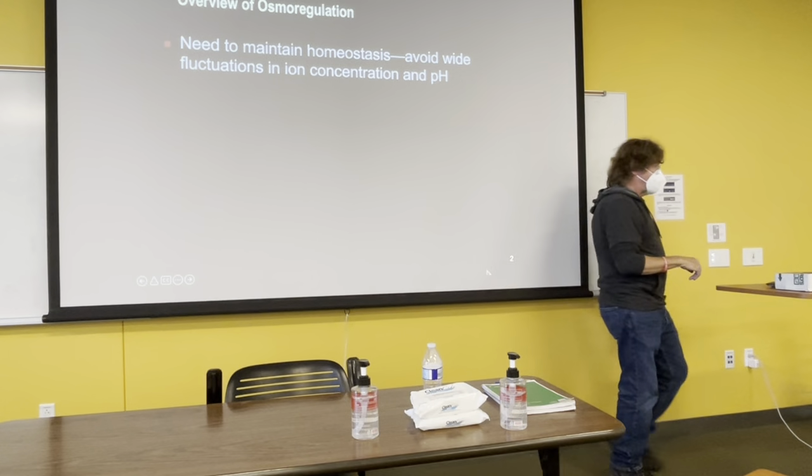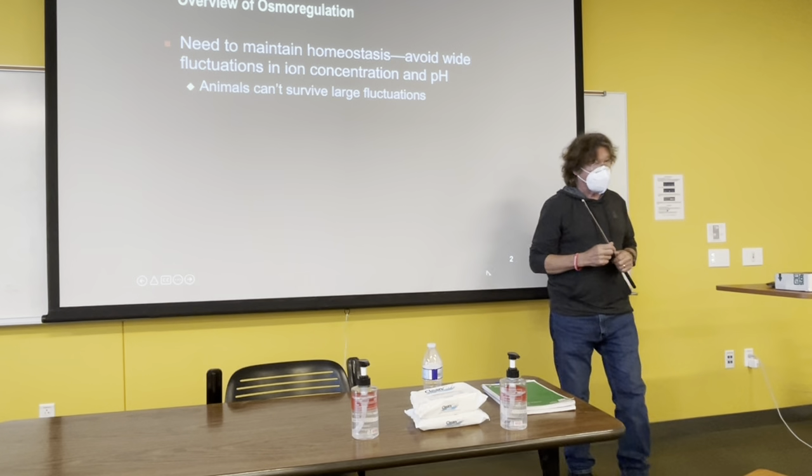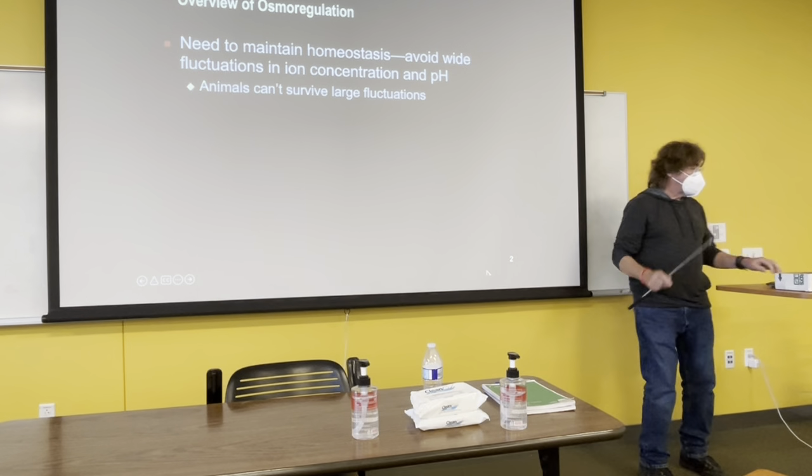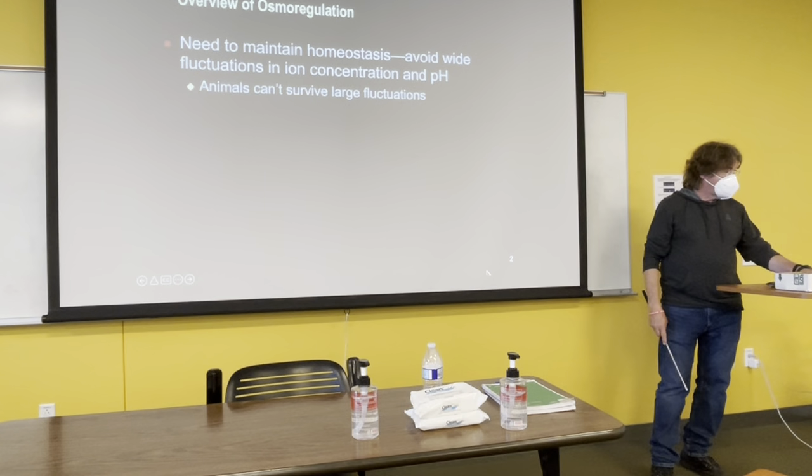Then later, in other clades of animals, the same types of organs have evolved into excretory organs that now also include taking care of metabolic waste. Since animals do not have cell walls,